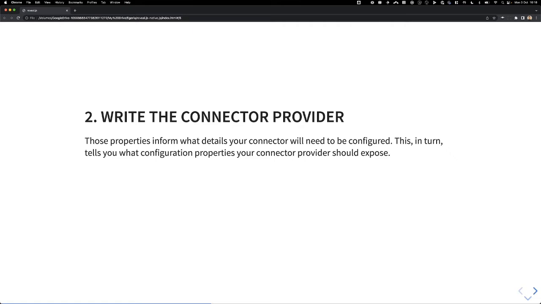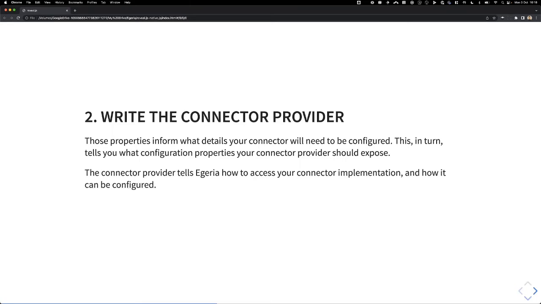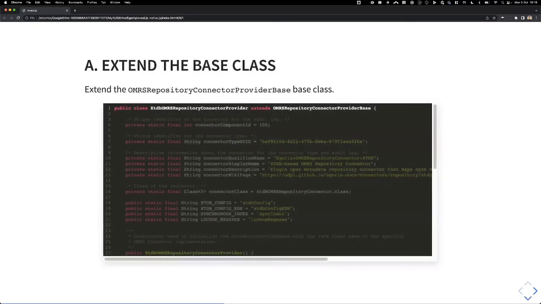But as I mentioned, the connector provider, fundamentally what we're doing here is taking those properties we've just determined from the previous step and then providing the details for those into our connector in order to configure it. So let's take a look at how to do that. Again, using Java as the example here, really what we do is we extend this base class, which Egeria provides, this OMRS repository connector provider base. And within that,